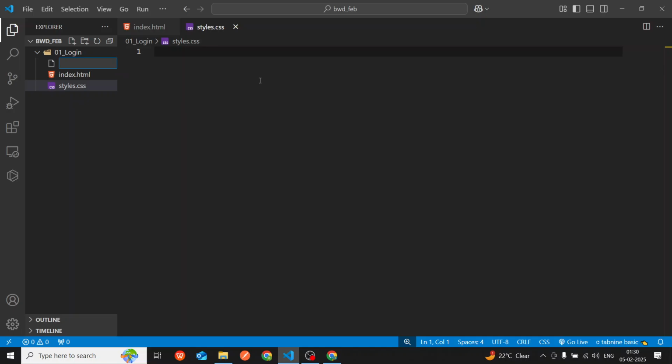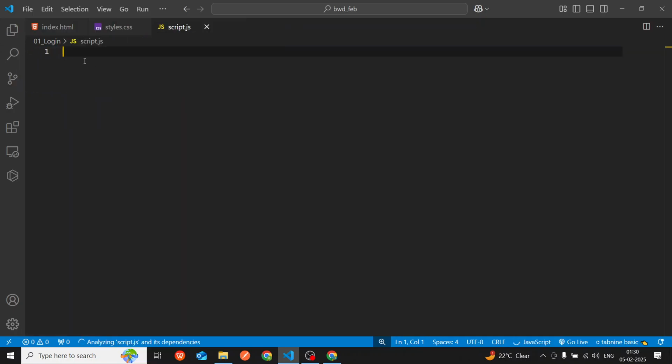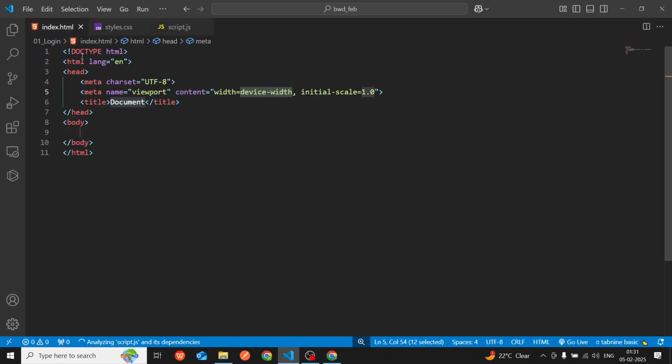And I will also use another file, script.js, for maintaining all the script files, right? So in index.html, I will put the boilerplate for HTML. And in the title, I will give a title like login page or CODEXINTERN login page. It will be preferable, like CODEXINTERN login page. And inside this body, I would prefer to use